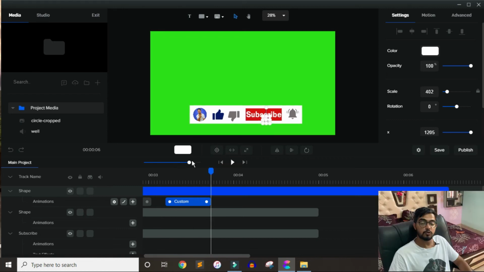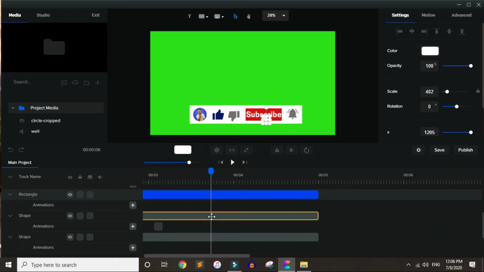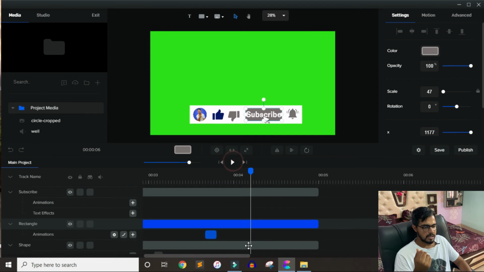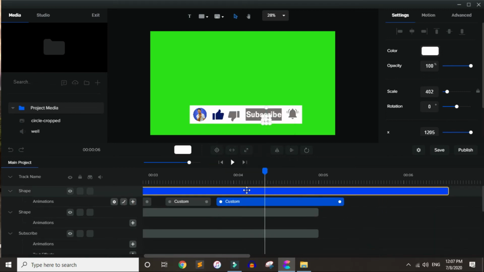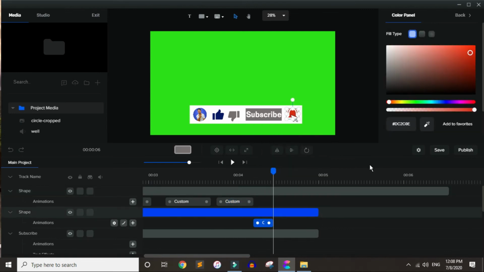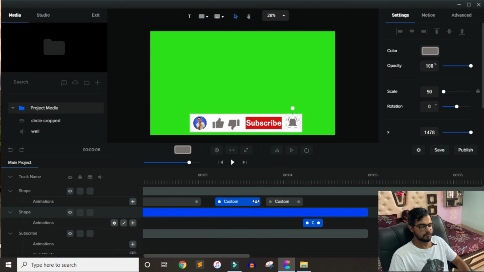and when it has arrived at the subscribe button, I want to change the background color of red into that thing. Okay, that black. And next thing, I want to press the bell icon immediately when its color has been changed. So let's preview the whole thing one more time.